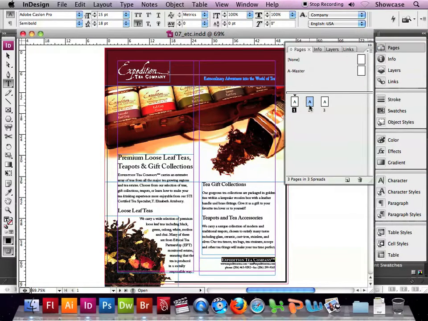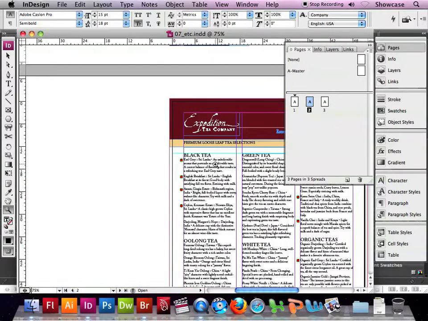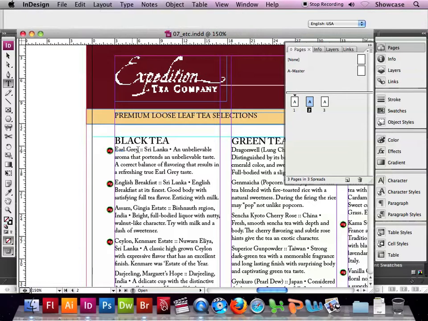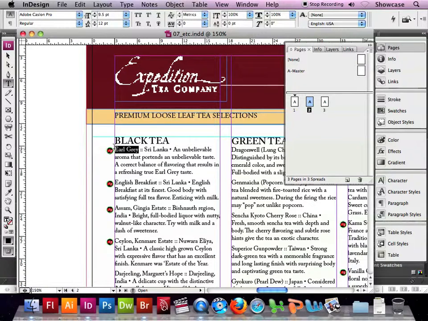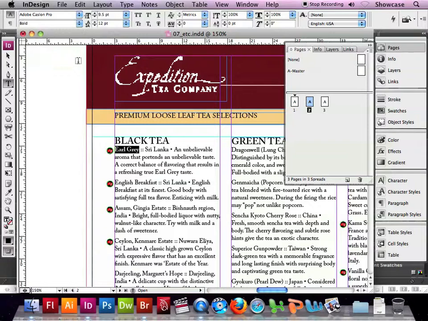Now styles can become more complex by being nested within other styles. So we'll try this out on page 2. If we go to page 2 and zoom in to the text at the top of the left-hand column, we can see that the text Earl Grey : Sri Lanka bullet point is there. Now if we select the Earl Grey text and style it as we wish by making it bold,